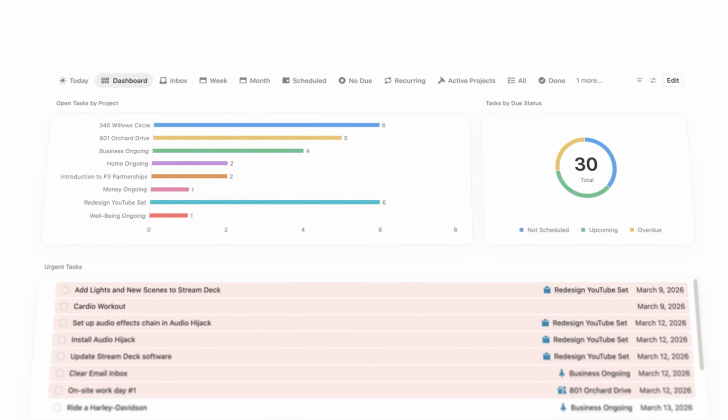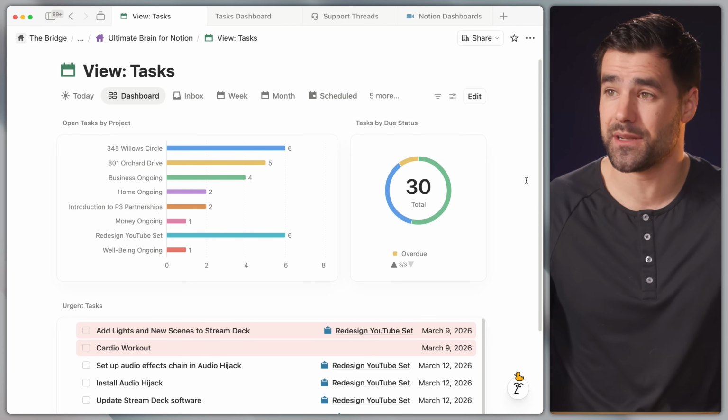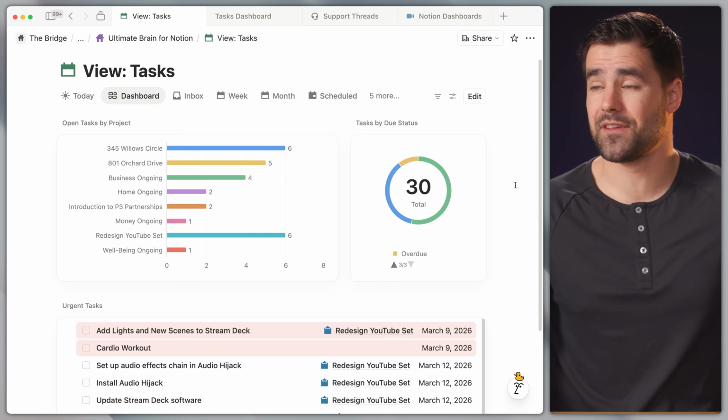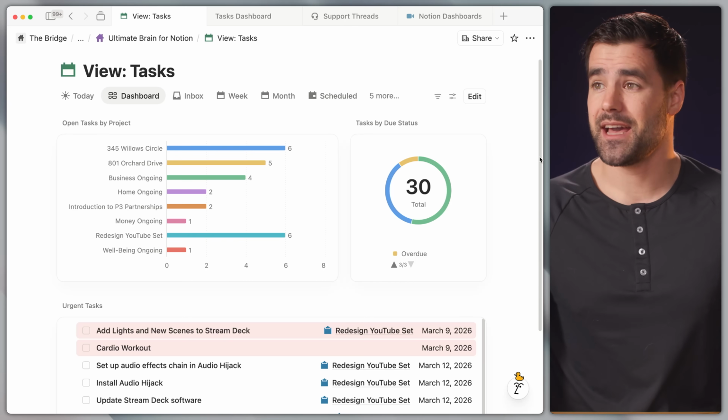Notion just released a brand new feature called dashboards, and this is an interesting one. Before I blab a whole bunch, I just want to show you what this looks like, and we can get into exactly what it is in a second, but this is a dashboard. I've got this sort of command center here for my tasks database in this case,